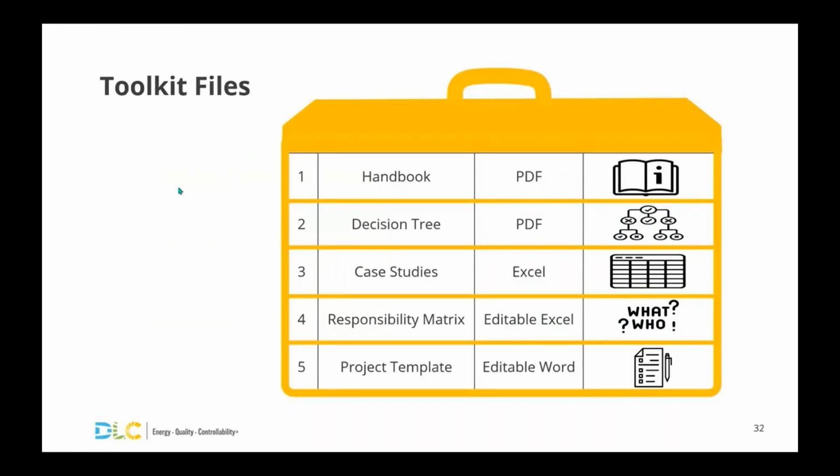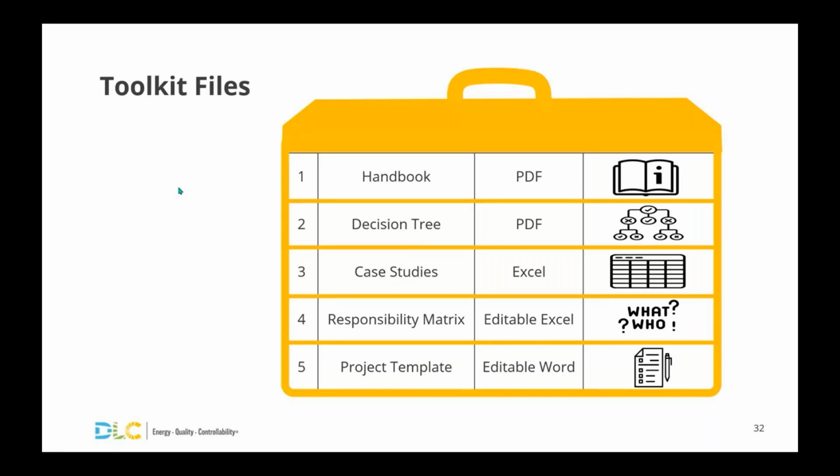The toolkit contains 5 different files bundled up in a zip file. First is the handbook, a concise reference manual. Next is the decision tree, a guide to help you choose appropriate projects for NLC HVAC controls integration and to avoid projects where success is unlikely. Next, there's a spreadsheet list of case studies of 18 integration projects so you can read about projects like yours,